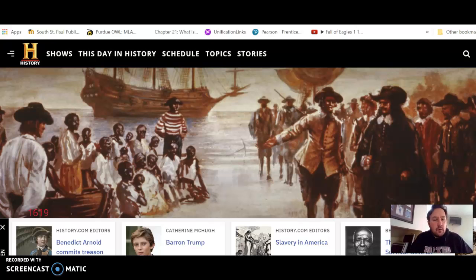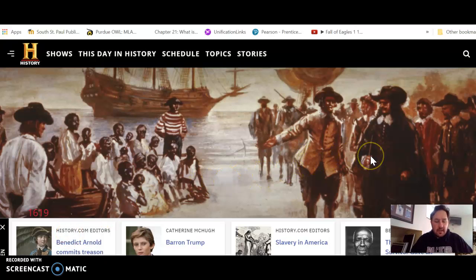American slavery was unique. Slavery had certainly existed, and it had existed if you're familiar with the Bible and biblical times. But for most of history, regardless of what continent it was on, whether in Africa or Europe or Asia, it was mostly related to debt or a loss in war or a crime, whereas American slavery was entirely based on race. And that makes it awfully complicated. So let's talk about Jamestown,